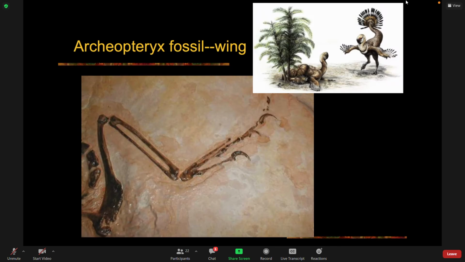So going back to Archaeopteryx, yes, I want you to know that what ties it to modern birds is flight feathers. What makes it similar to ancestral dinosaurs is it has claws on the forewings. Not that it has claws, because all birds have claws on their hind legs. It's in their forewings. That's what's significant. They have a long bony tail, which modern birds do not. And they also have teeth, which modern birds do not. Okay, so those are